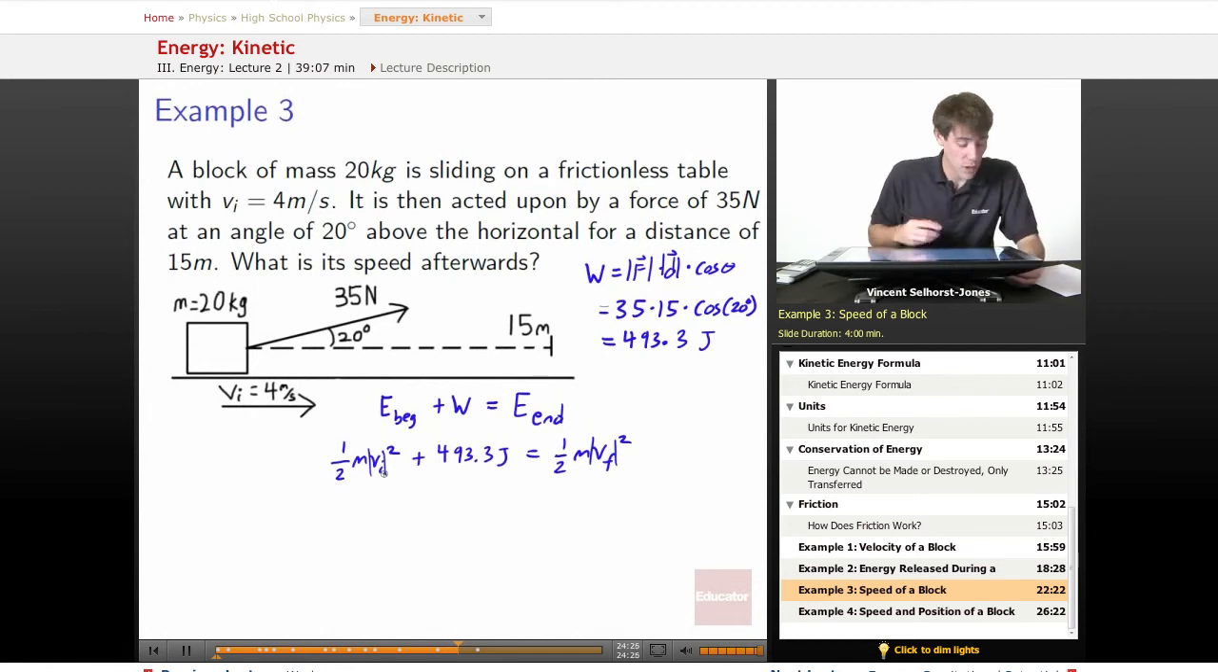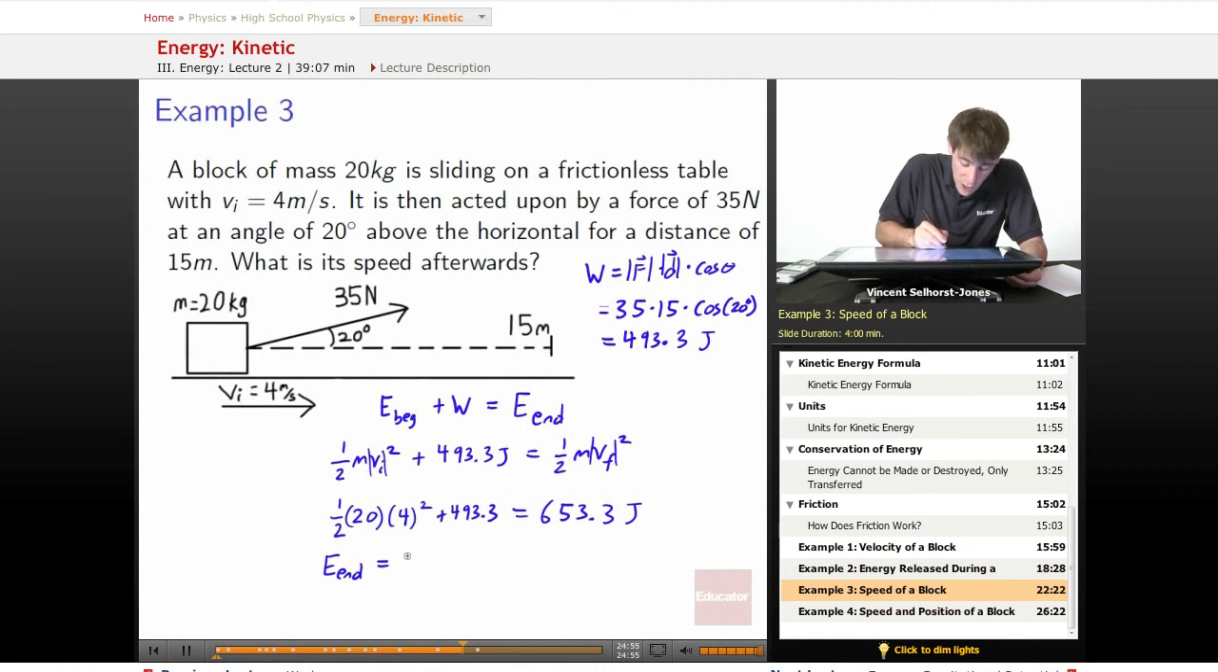All right, so here we just plug things in. So 1/2 m v_i squared plus 493.3. What's the mass? 1/2 times 20, the mass, 20 kilograms, times its initial speed, 4 squared, plus 493.3. We plug that into a calculator, and we get 653.3 joules. So that means our energy at the end,